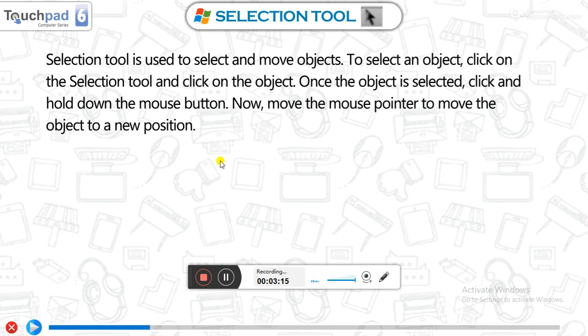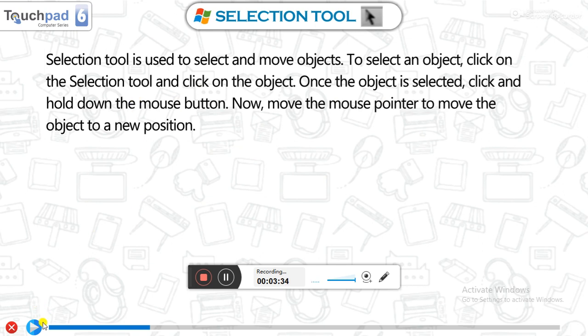Then your icon, your image, your selected object will be moved to the new place. This is the work of the selection tool.